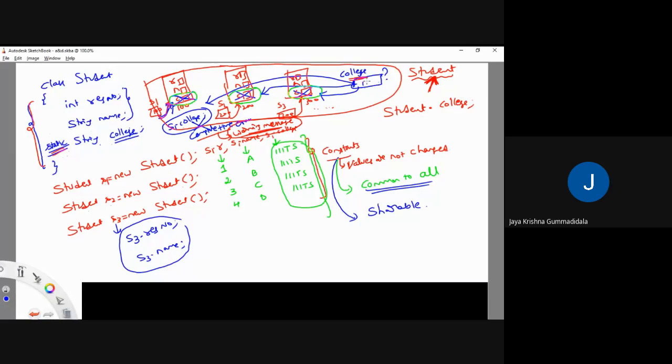Here, IIITS exists. Is this IIITS shareable to all or not? Shareable to S1, shareable to S2, shareable to S3. So if it is common to all, or shareable, and the value is not changed, it comes under a prefix with the static keyword. But what about these values? All the instance variable values are changing from